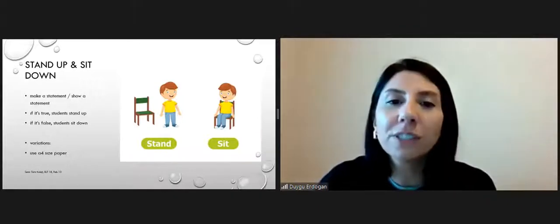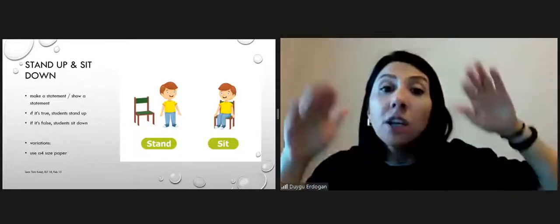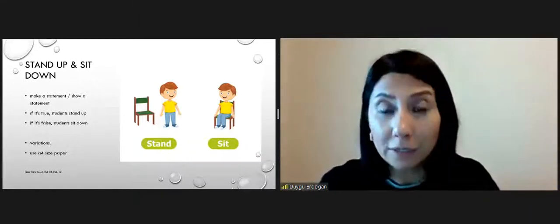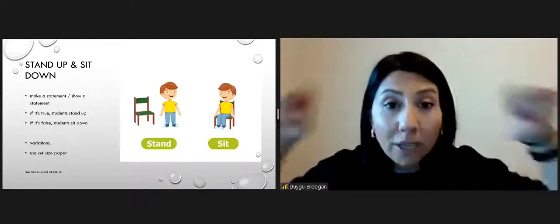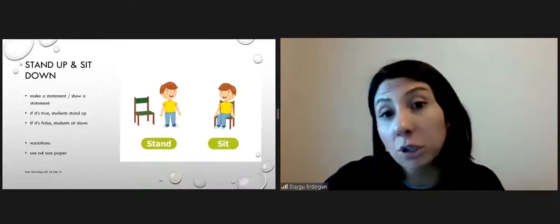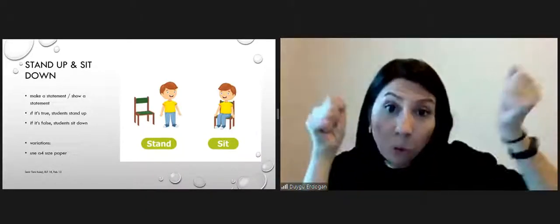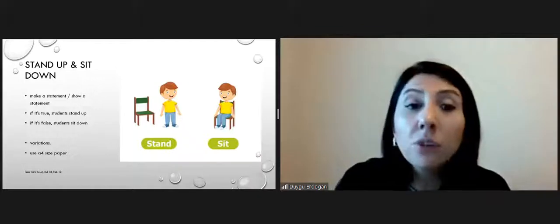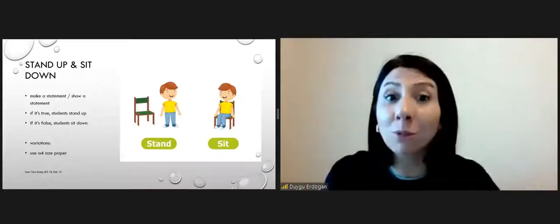Okay. Another variation for this is to use A4 size paper. So on one side, they can write agree. On the other side, they can write disagree. With the little ones, they can draw a happy face and an unhappy face. So for example, for primary, first grade and second grade, you're showing a picture about household objects and prepositions maybe, and you're saying there is a book on the sofa, but there isn't, so they can all show their cards. So they're actually moving with the unhappy face, or if they want to write, they can show disagree as well. So this is a nice variation. So not always using the chat box, but such activities would help energize and motivate your learners.